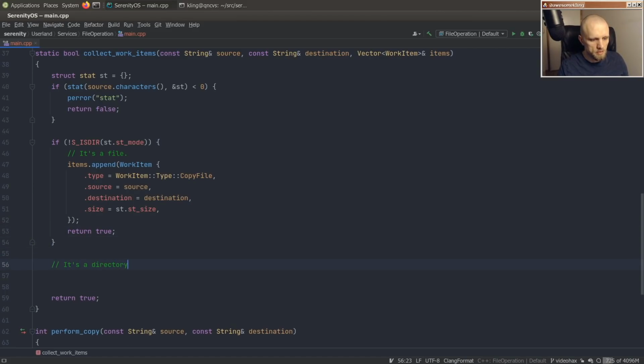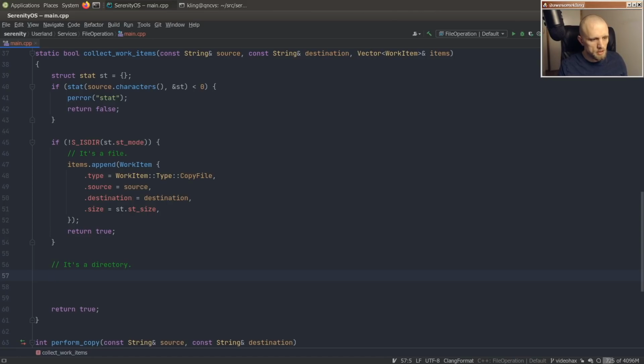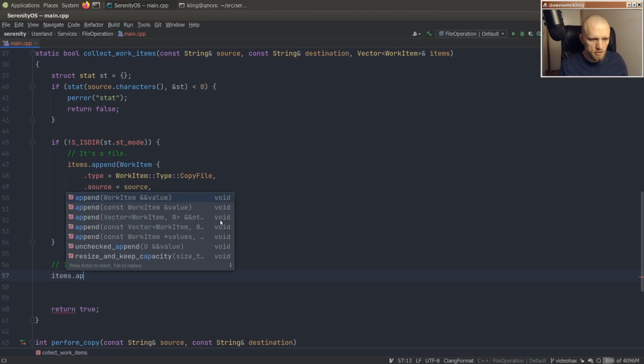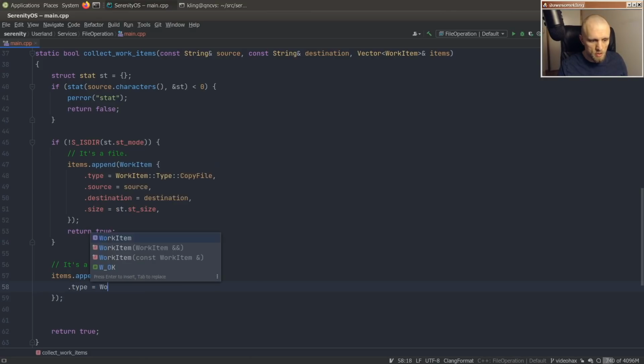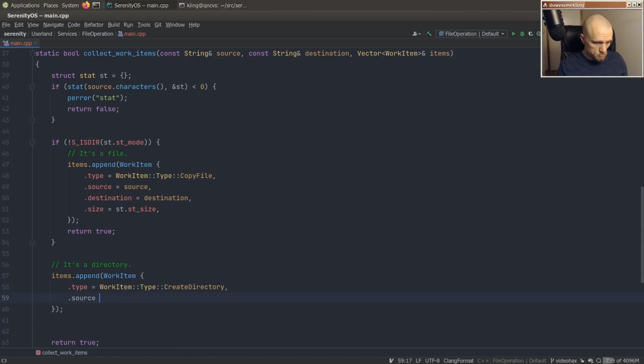It's a directory. So at this point, it gets a little trickier because now, first thing is we have to create the same directory in the destination subtree. So first we make a work item for create directory. Can just have an empty source for that one, but I think here we'll need something like this, right? So destination and lexical path of source, base name maybe,